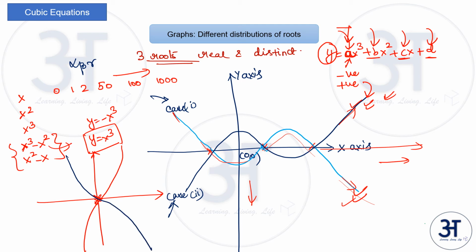Again, for these two graphs, try to take different points of x and see what the corresponding y is, and try to understand why these graphs come like this. This will give you a sense of what kind of graphs a cubic equation represents. Why this is useful is that it is very important to understand the graphical representation of a cubic equation, because it sometimes gives the solution to some problems very easily compared to the traditional method.